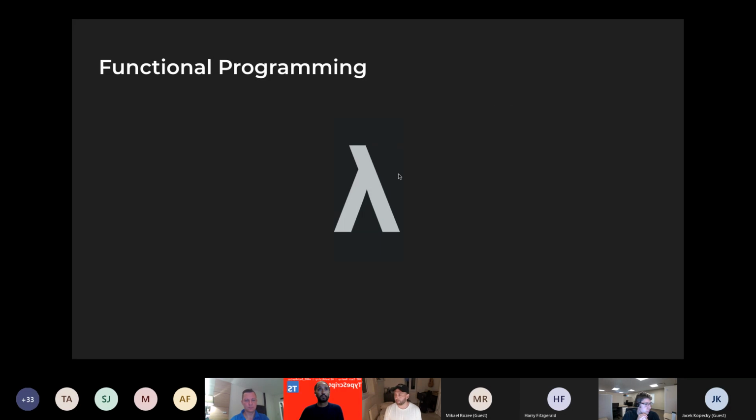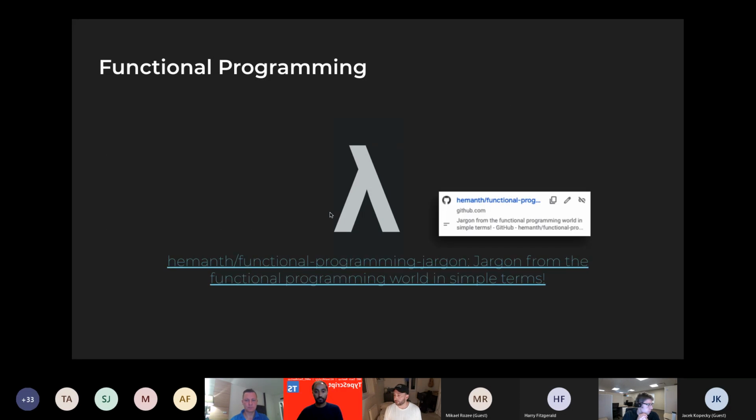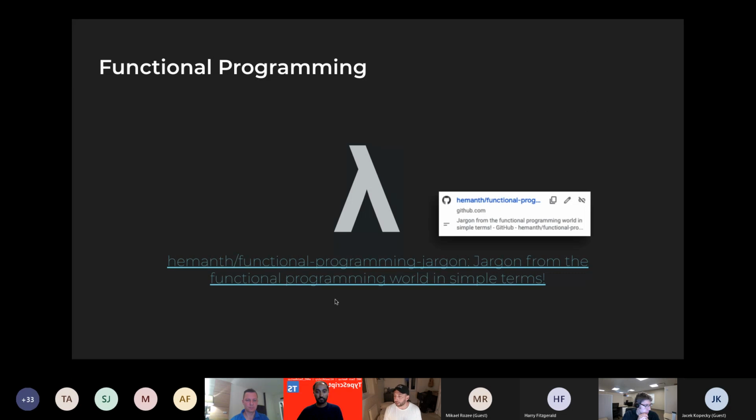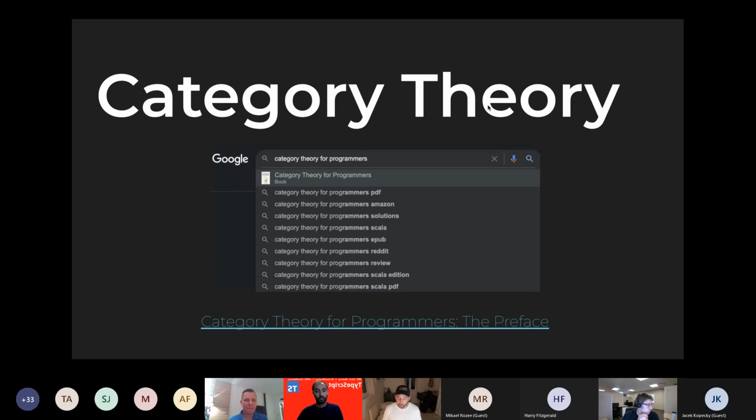Having spent some time with them, they also have some incredibly strange jargon, things like functors and monads and monoids, and I do not understand any of these things. There was no translator available when I met with them, so I can't help you there. But there is a jargon buster website that they've provided us mere mortals with to understand the language they're speaking. And it turns out that in functional programming, there's another broader study called category theory.